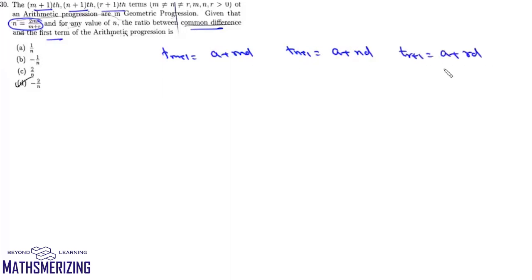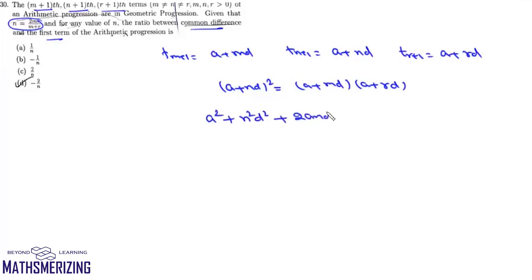Now these 3 terms, they are in GP. So it simply means that a plus nd whole square will be equal to a plus m into d and a plus r into d. So it will be a square plus n square d square plus twice a n into d will be a square plus